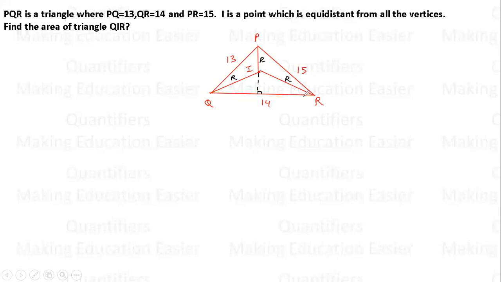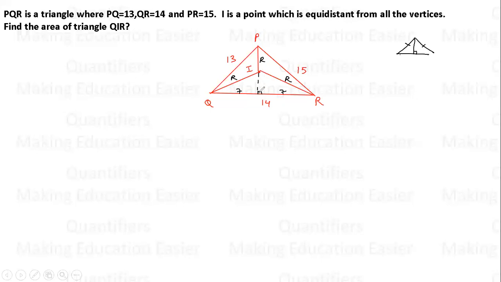And I hope all of you remember the concept which I have told you. Let me draw it here. In an isosceles triangle, if we draw an altitude to the third side, the unequal side, it will also be the median and the angular bisector. So this altitude will also be the median. So if it is the median, can I say this will be 7 and this will also be 7?